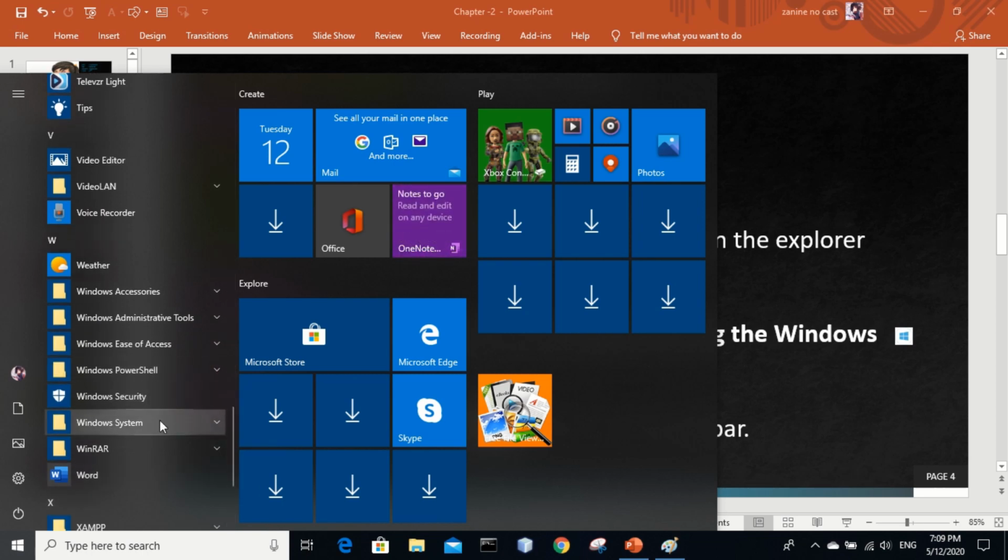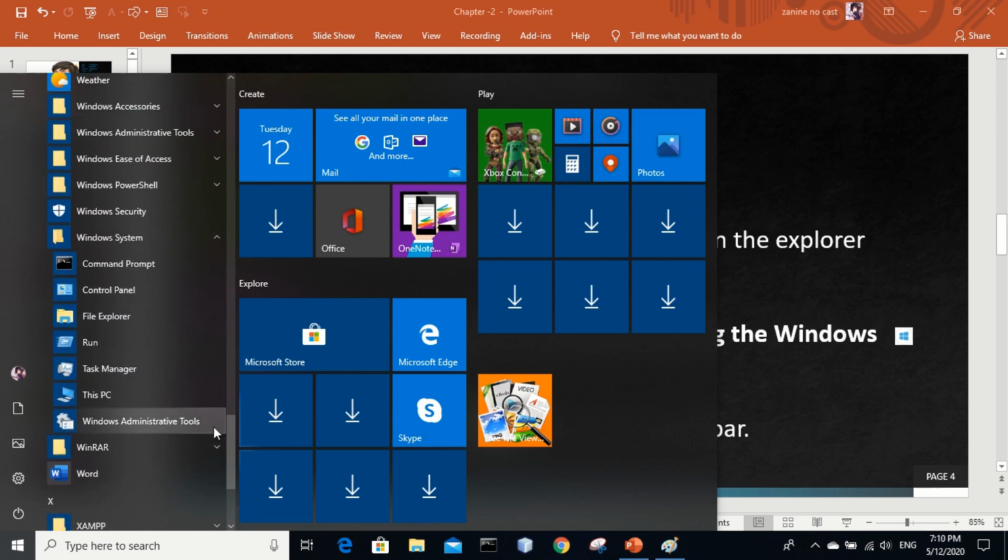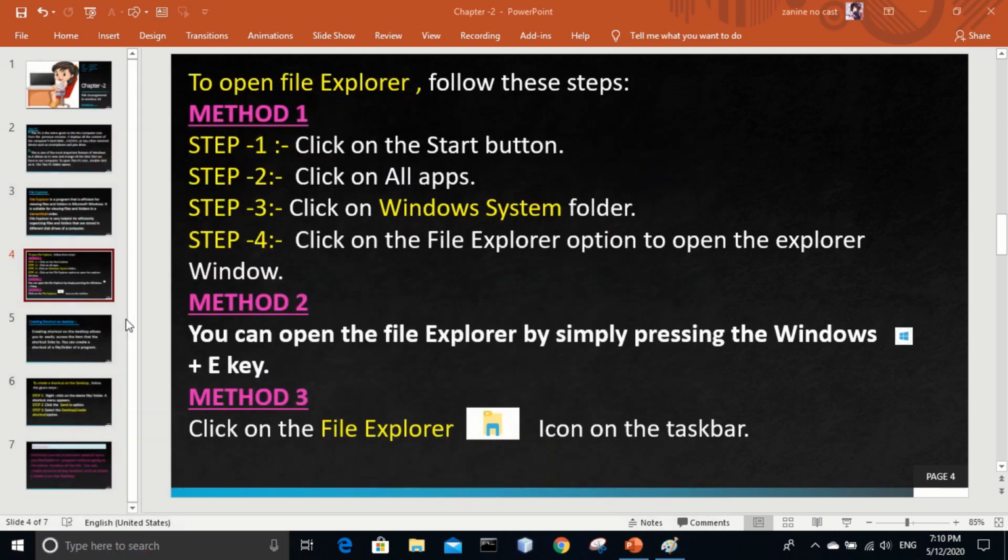Are you able to see? This is the Windows System folder. When I click here, I find a drop down menu. Inside the drop down menu I am able to see File Explorer. See here, I have File Explorer, and I just click on it and File Explorer opens.